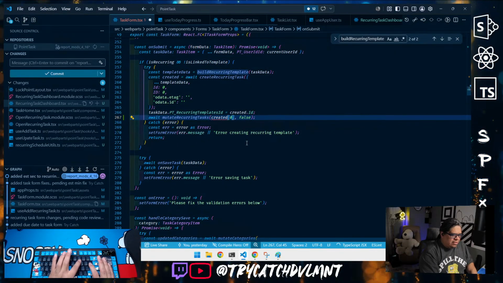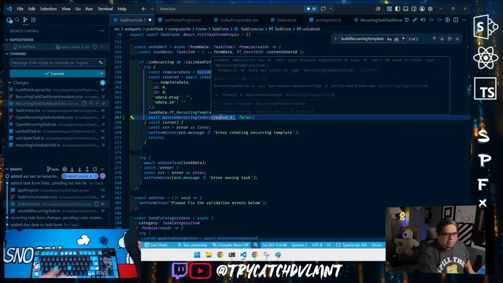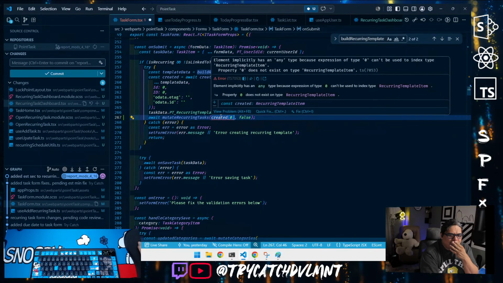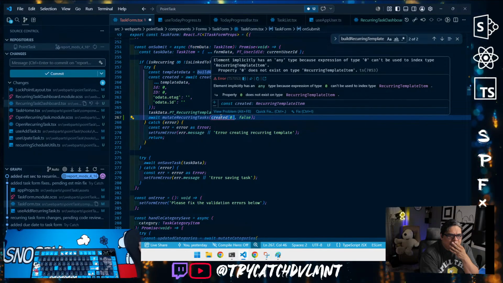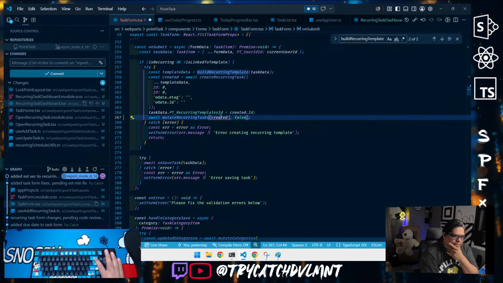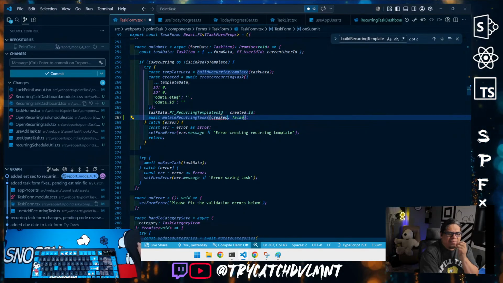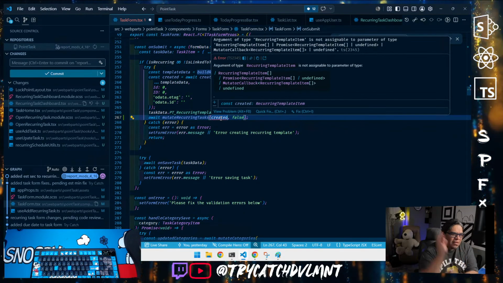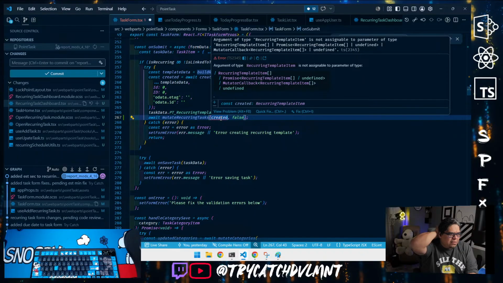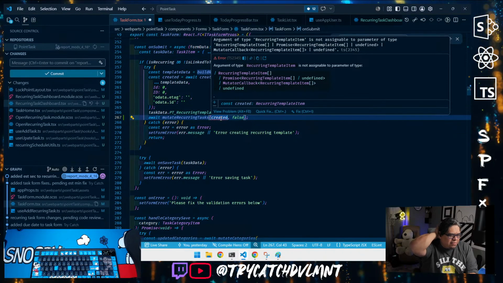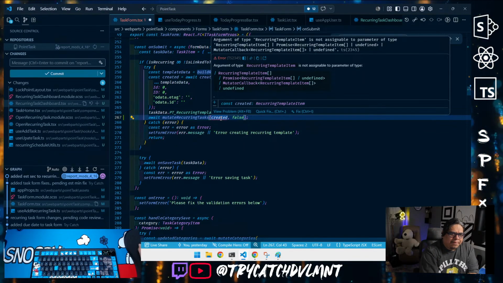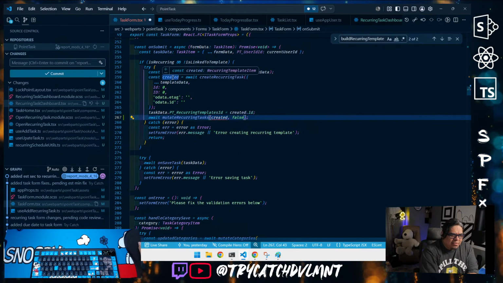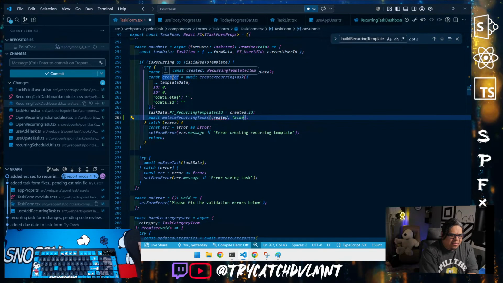So we could do this. Still messing up. Wait, what? Argument of recurring template item is not assignable to the array. And this is a recurring template item,